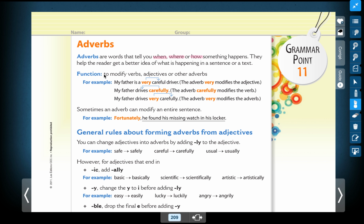Their function is simple too. They modify verbs, adjectives, or adverbs. Now, adjectives don't modify the same thing. They modify nouns and they modify pronouns. They give information about a person or an object. An adverb gives extra information about an action, about an adjective, or about another adverb. If you want some extra information and examples, you have 3 examples of each here that you could read to